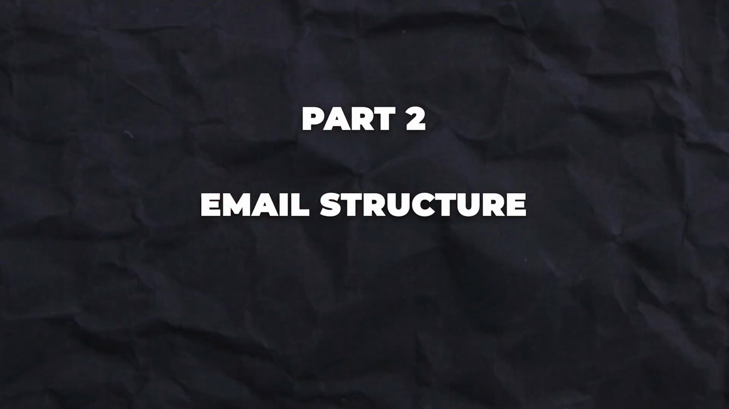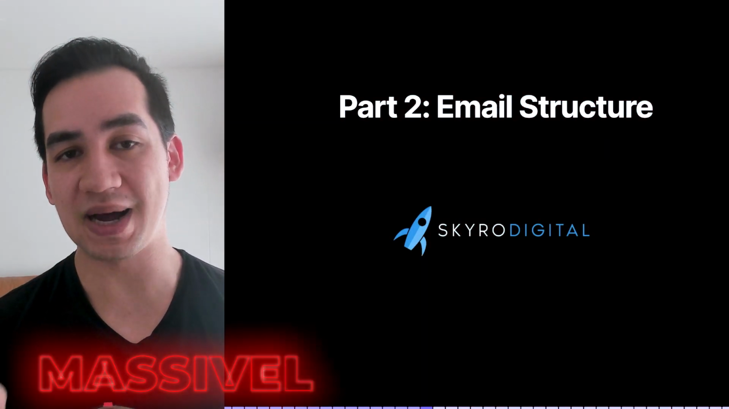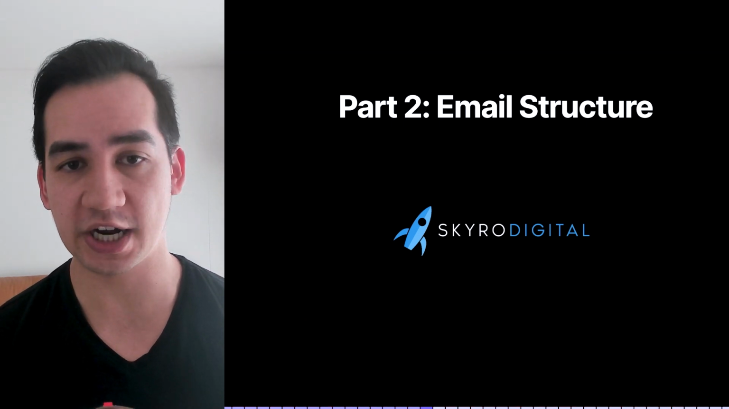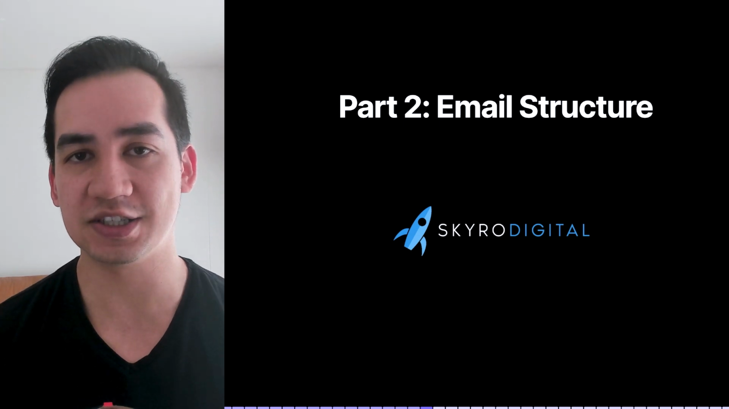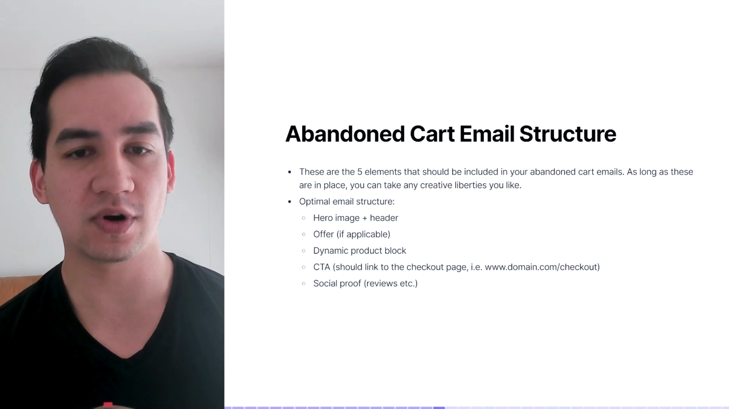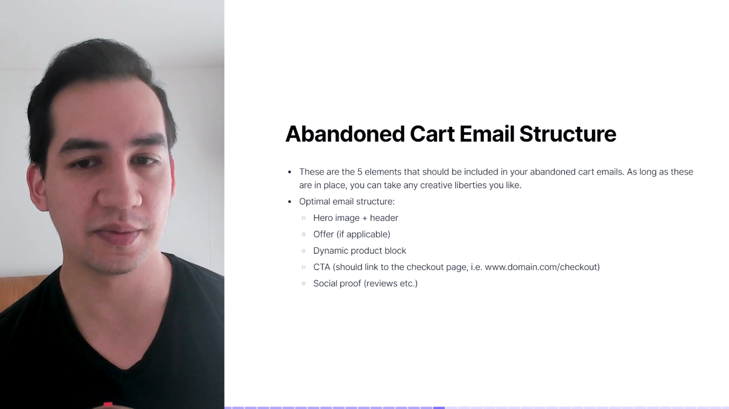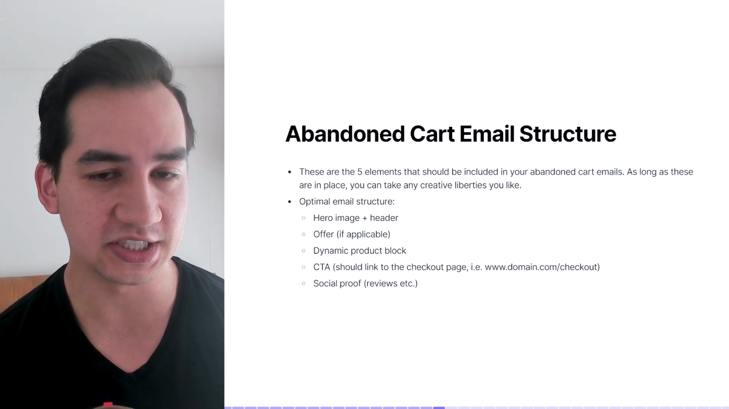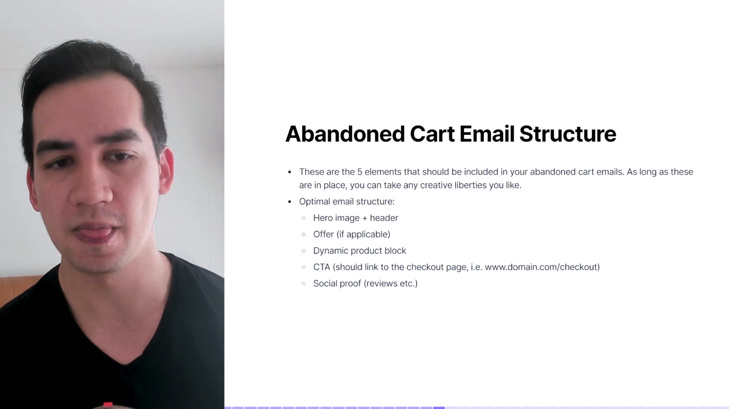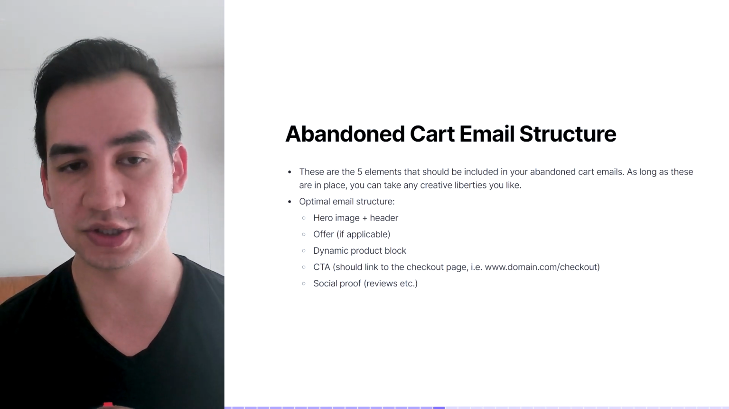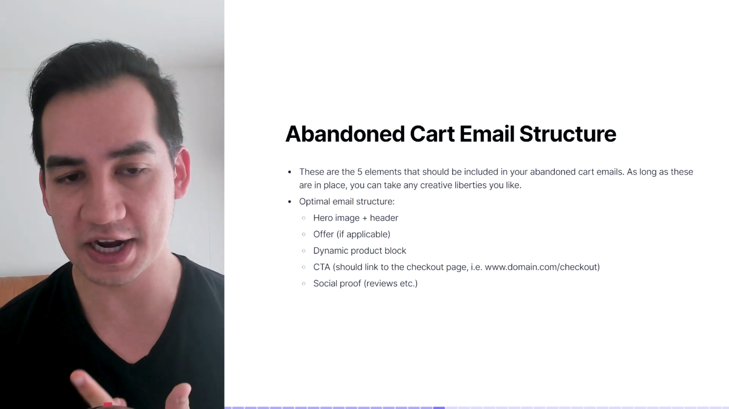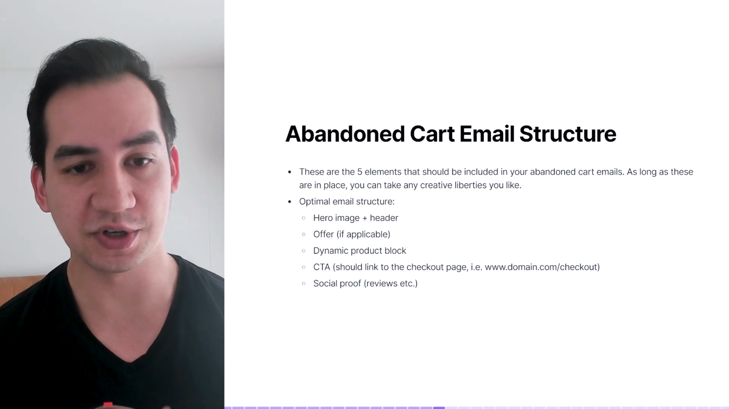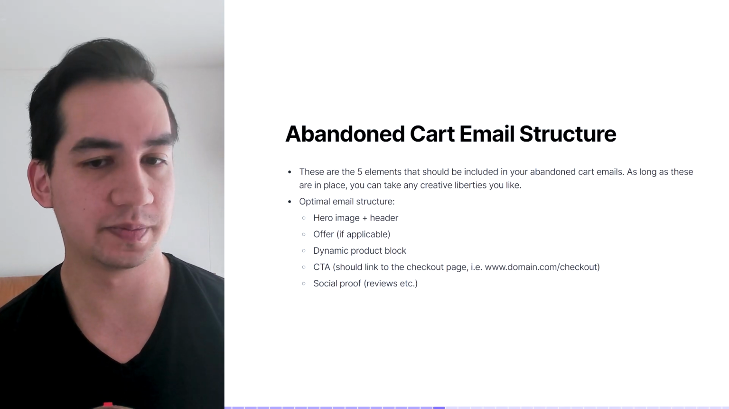Part 2, email structure. All right, now this part is also massively important to maximizing the conversion rate, but barely anybody talks about it, and that is email structure. All right. There are 5 core elements that should be included in your abandoned cart emails. And as long as these are in place, you can then take any creative liberties you like on the design side of things. But the optimal email structure has to include the hero image plus header, right? The offer, if applicable, the dynamic product block, the call to action, which ideally should link to the checkout page,